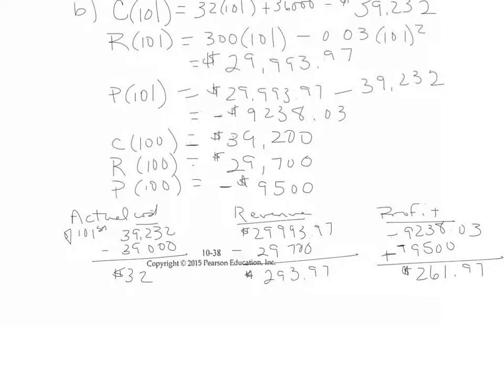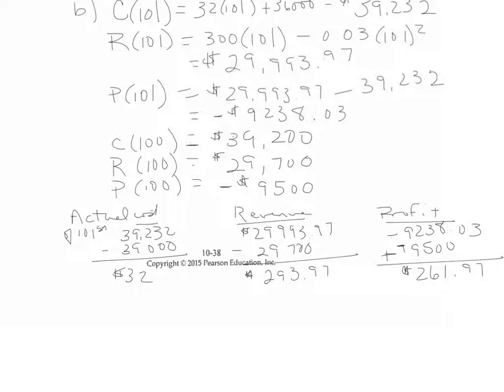Okay, so I'm moving in the right direction, and I should have had a clue about that when I saw that the profit for 100 was a negative $9,500 compared to the profit on 101 was a negative $92.38. It's still negative, but it's a smaller negative number. So it means that I'm moving the right direction. I just have a lot of making up for lost time on those earlier units that I've got to cover. Okay, I haven't hit my break-even point yet. Now, obviously,